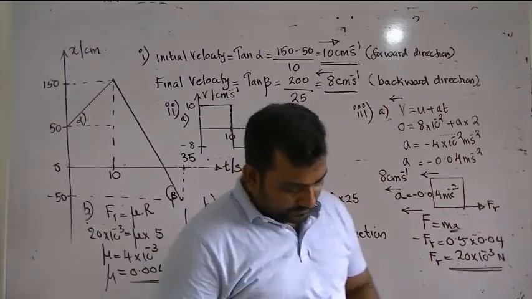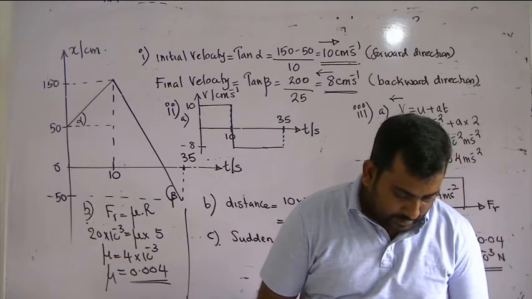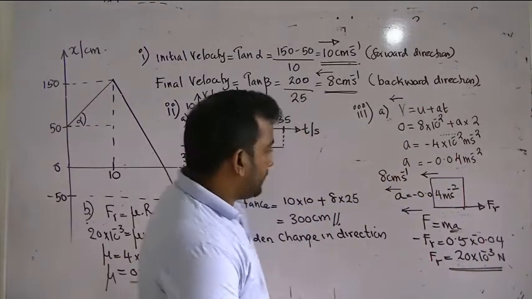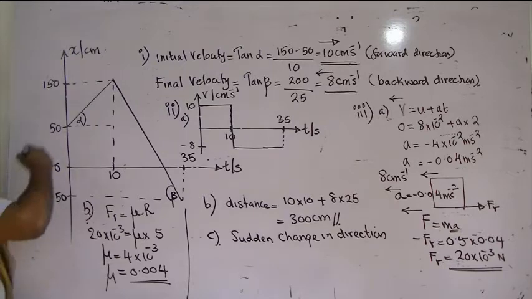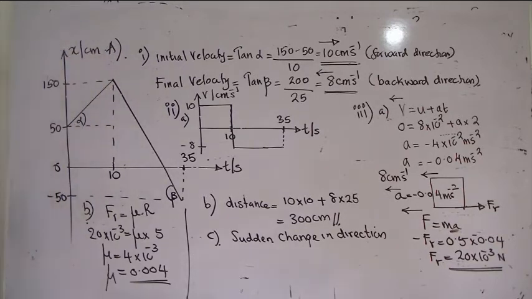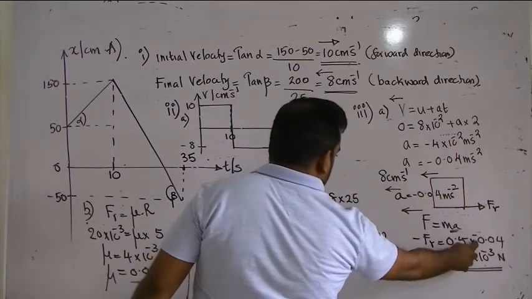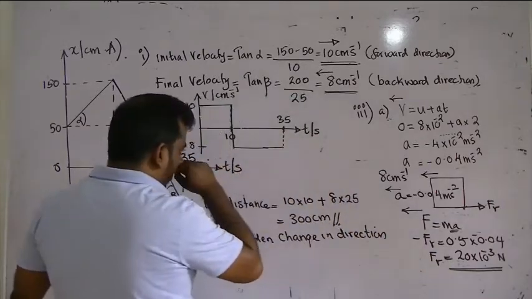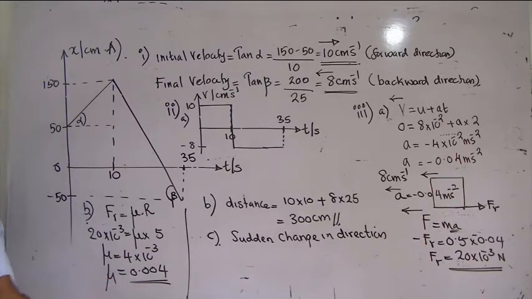The coefficient of friction mu is 0.004. This is the conclusion of part A in the question. It's traveling with the velocity, then friction will act and it will slow down. The minus signs cancel out, and friction can be found. Friction force is mu times normal reaction. Do the substitution and mu can be found. So it's a very basic problem but important.